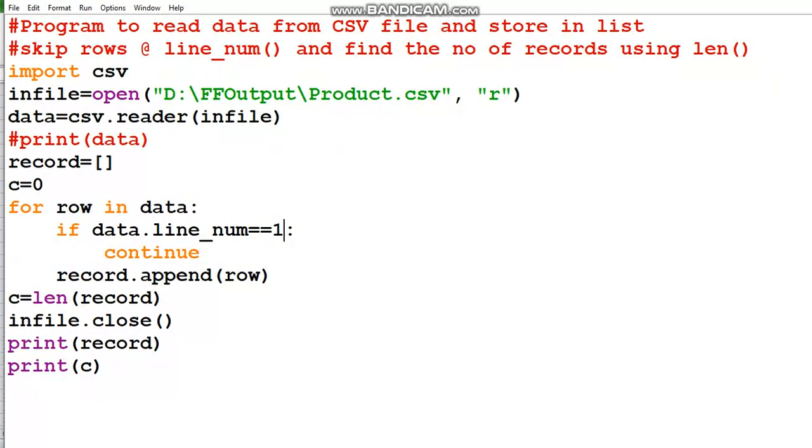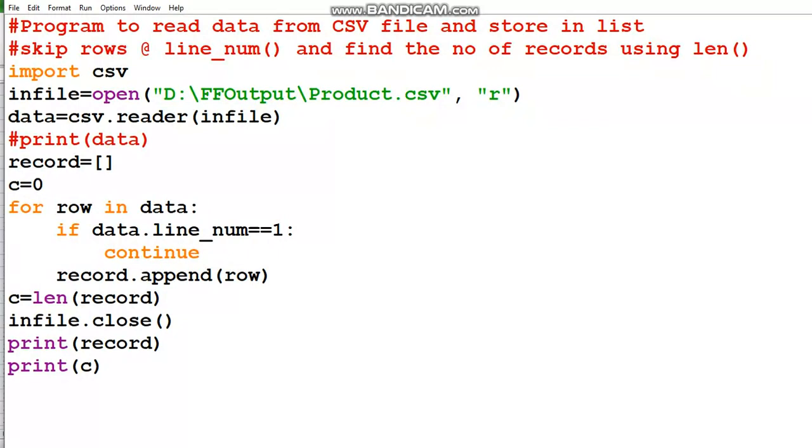And so here I am taking the help of this function to skip the header record, so that this loop continues for the next record. Skipping the first record, it will directly go without appending. That continue means it will not go to the next statement of the loop. It will go for next. From this part it will go to this part. So this way it will be skipping, and other records will be appended to the list variable.